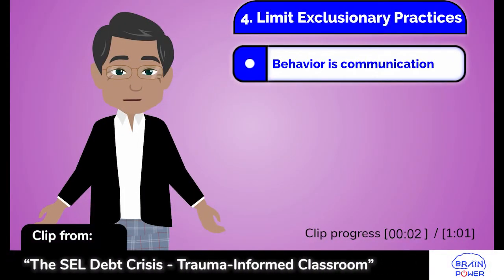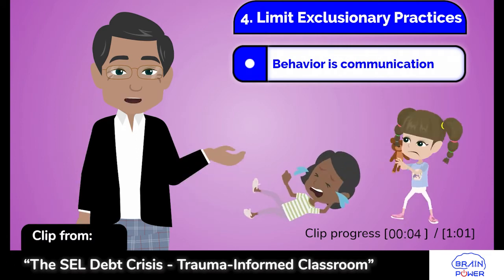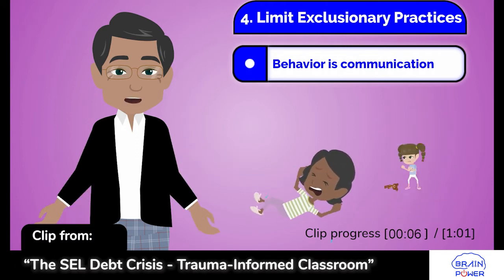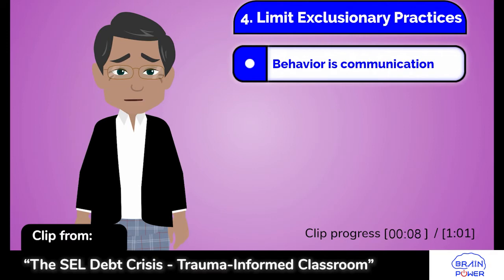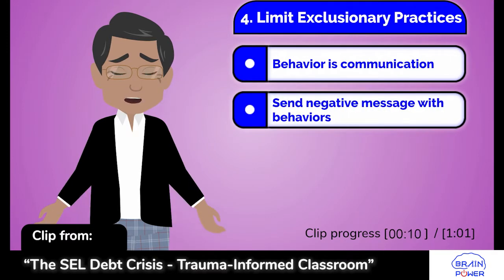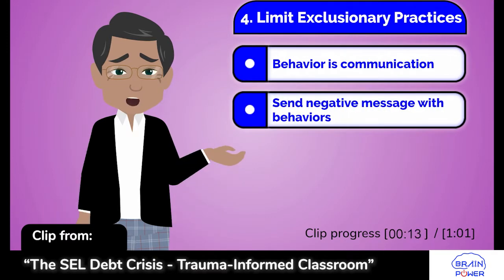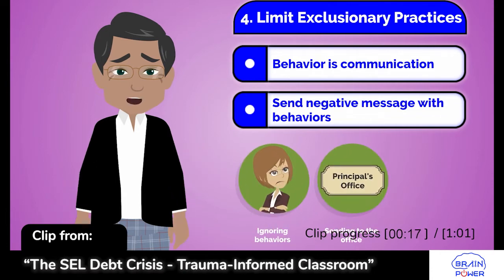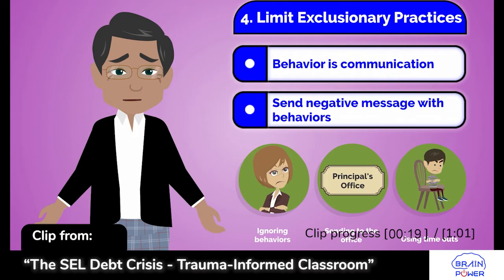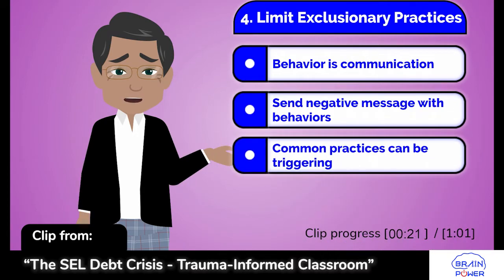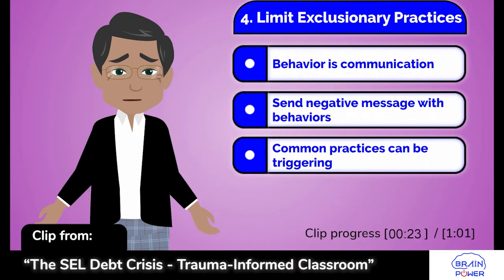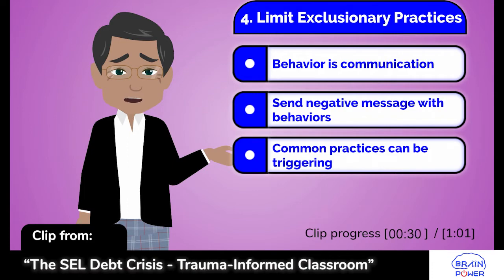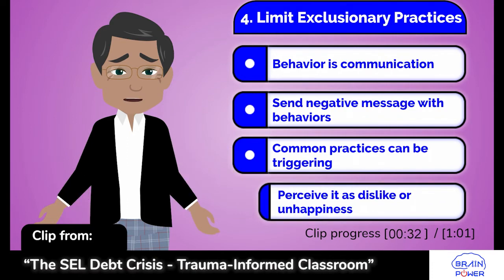Behavior is communication, and we explained previously how traumatized students often communicate feelings through their behavior. Teachers' behavior is also communication, and it may not be communicating the message we are striving to send. Common teacher practices such as ignoring inappropriate behavior, sending students to the office, or sending younger kids to sit alone at a back table or in the hallway can unintentionally trigger students who have experienced abandonment or neglect. We need to remember that when some of our students were young and cried, no one came. Ignoring them can trigger a trauma response and make them feel the teacher doesn't like them or is even happy